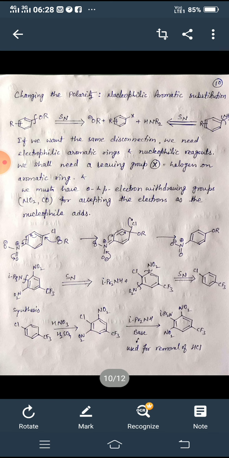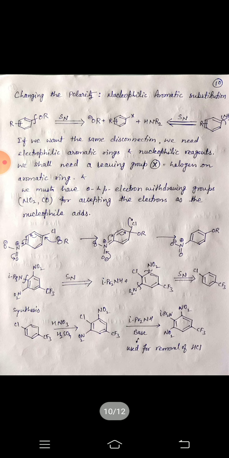So यहाँ पर देखिए, in this mechanism OR nucleophile attack on this carbon atom which is attached with the Cl chloro group, and यहाँ पर जो बेंजीन रिंग के जो पाई इलेक्ट्रॉन्स हैं वो उनका डीलोकलाइजेशन हो जाता है NO2 की वजह से, because oxygen is more electronegative than the nitrogen, and after the addition of the OR group, Cl removes with the bonding electrons and we'll get the